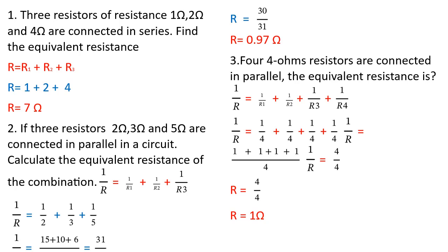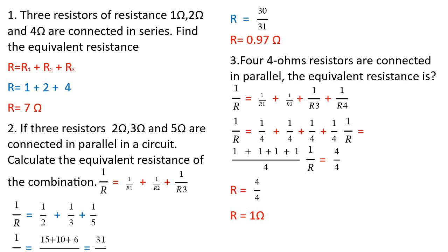1 over R is equal to 1 over R1 plus 1 over R2 plus 1 over R3. Now we have it that 1 over R is equal to 1 over 2 plus 1 over 3 plus 1 over 5. For you to be able to calculate this, you have to look for the LCM. The LCM of 2, 3, and 5 is 30. Now when you get the LCM, you discover that 2 will go into 30 15 times. 15 times 1 is 15, plus